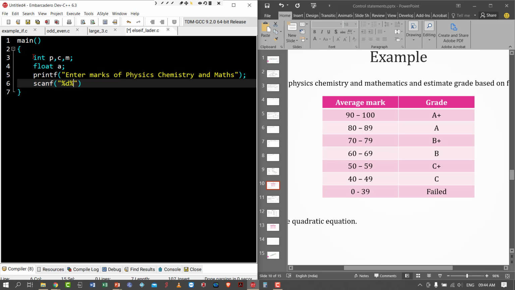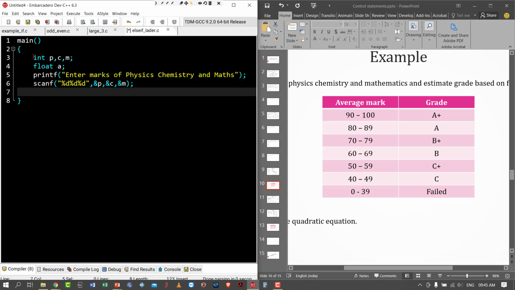Percentage d, comma, ampersand P, comma, ampersand C, comma, ampersand M. Then I am finding average. A equal to